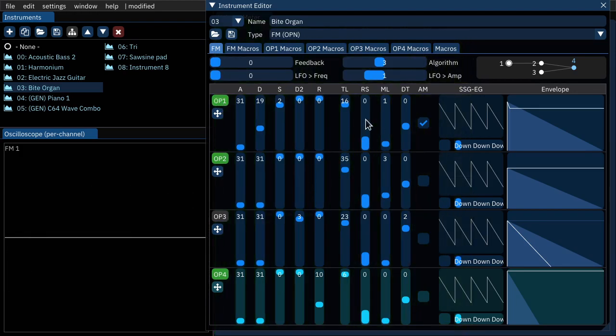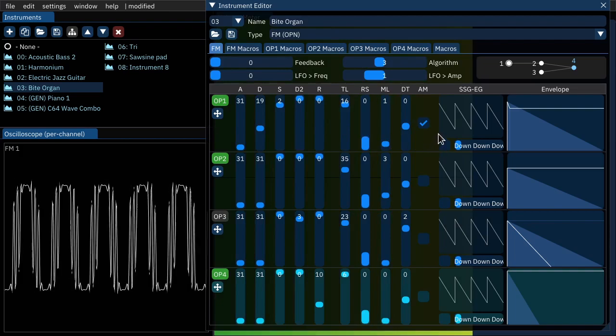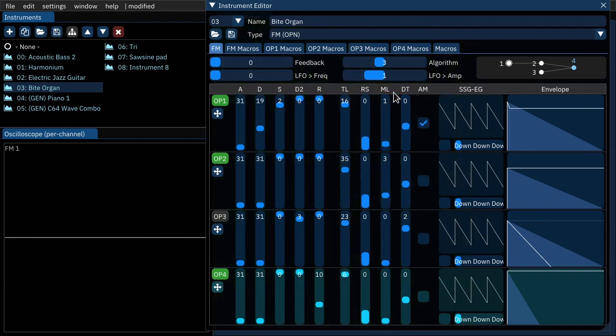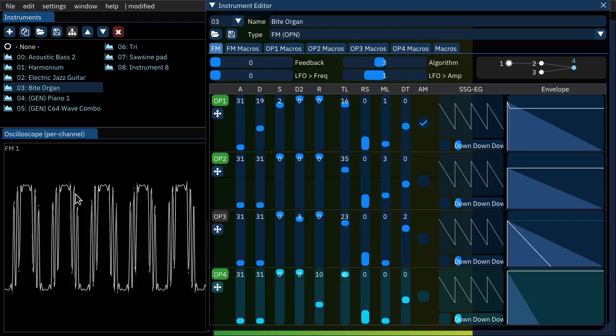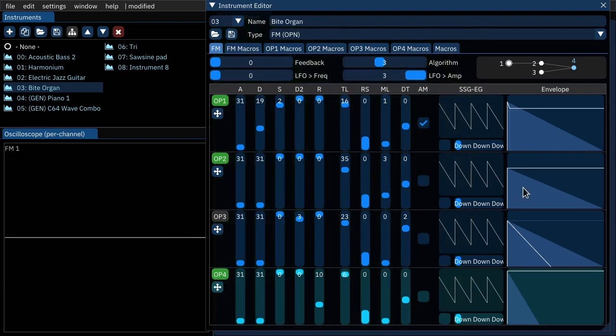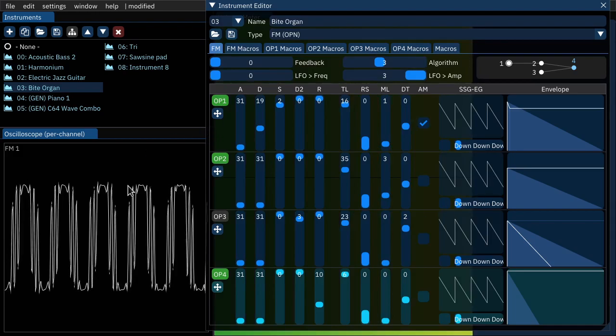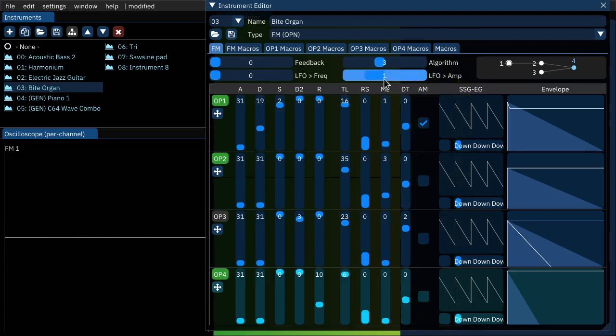But yeah, and then operator 1. As you can see, this one actually has the amplitude modulation here, so there's a little bit of wobbling. I can see it kind of wobbles, and then just for effect, crank that all the way up to 3. You can see it's a lot more exaggerated, but let's put that back to